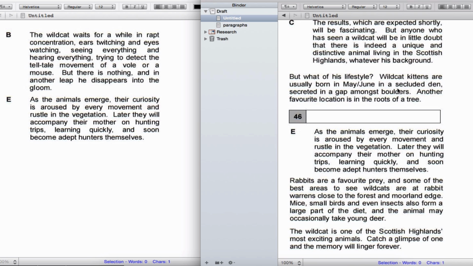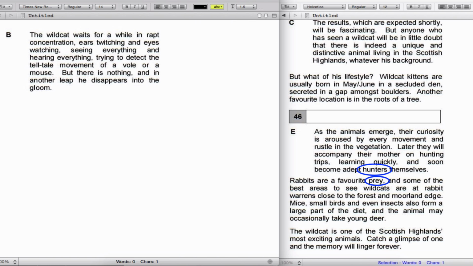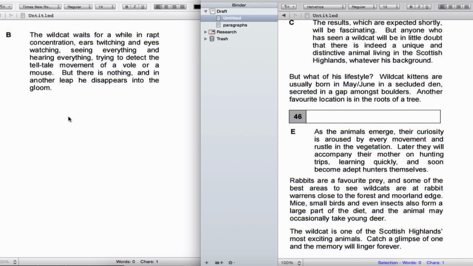Wildcat kittens are usually born in a secluded den, secreted in a gap, roots of a tree, as the animals emerge from the tree, from the gap. Yeah, these are the kittens, they've been born, and later, when they are not kittens, as they grow up, they will accompany their mother on hunting trips. And here we have rabbits are a favorite prey, and hunter and prey are words that go together. The hunter hunts the prey. So B is the one left over,